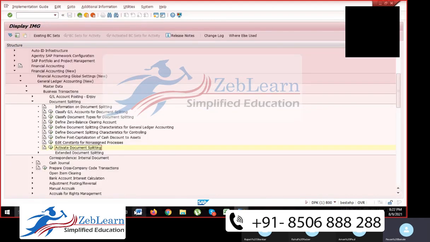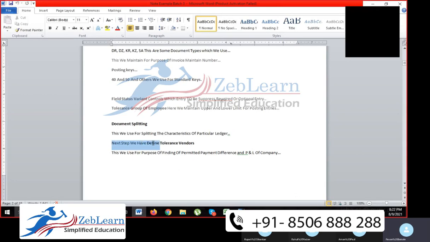Once this is done, the next topic we have is define tolerance vendors. Even this is a very small step. We use this for finding the permitted payment difference and profit loss of the company.